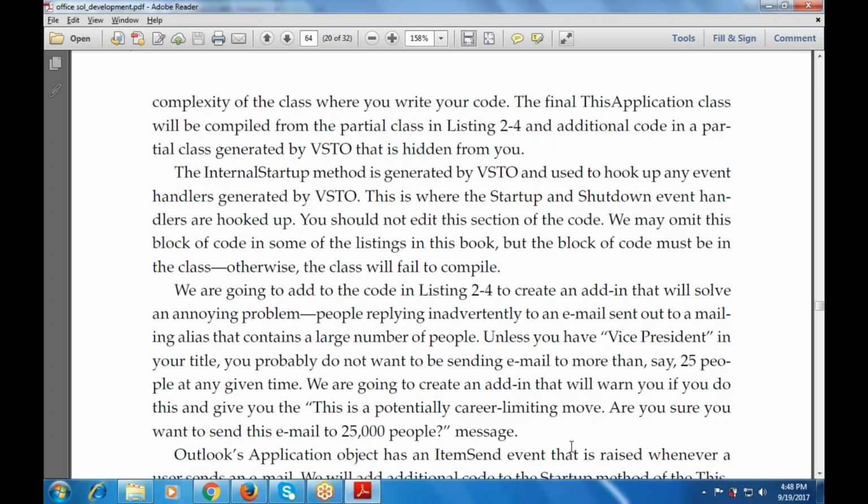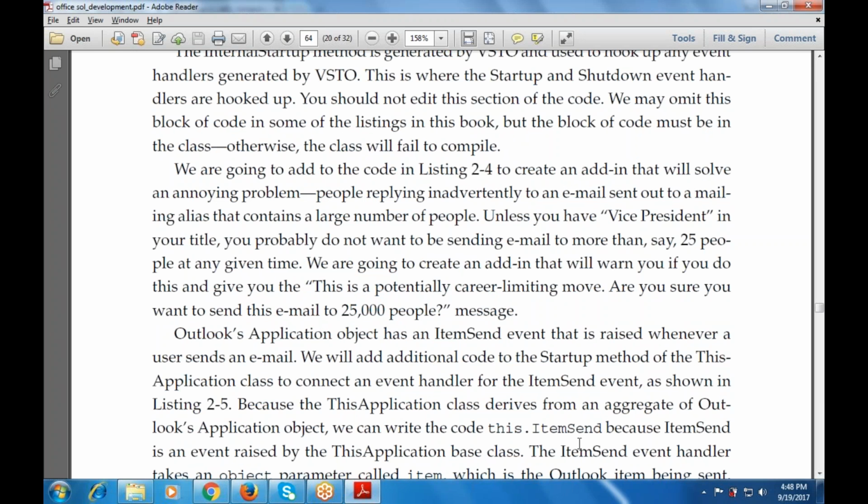So whatsoever the data, whatsoever the criteria we are following up, that is limited to the career-limiting move. And, are you sure you want to send this email to 25,000 people, because this message will be given at an ItemSend event that is raised whenever a user sends an email. And we will add the additional code to the Startup method of this application class to connect an event handler for the ItemSend event that is shown